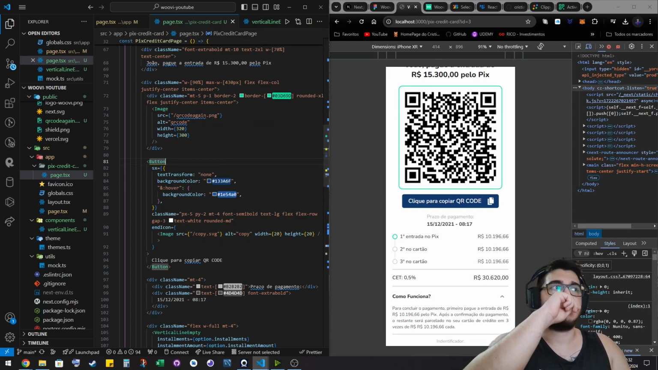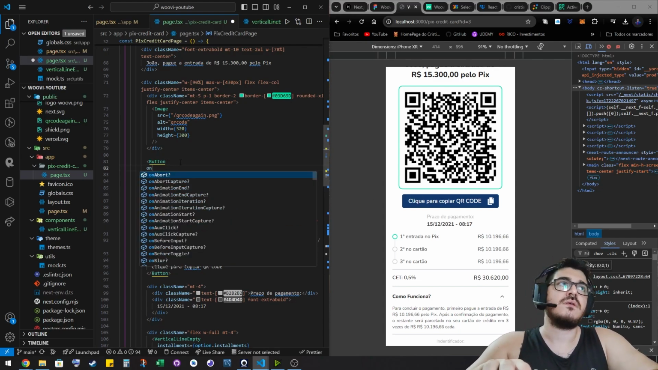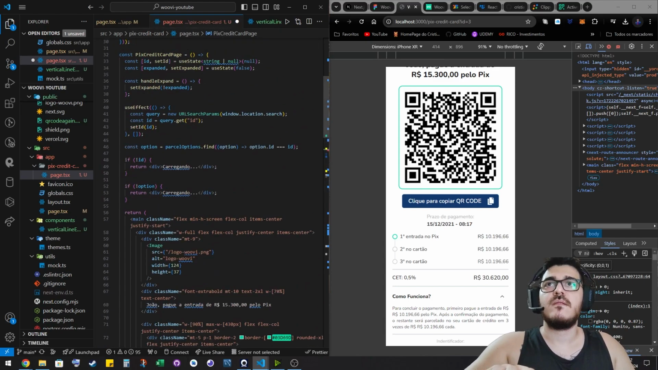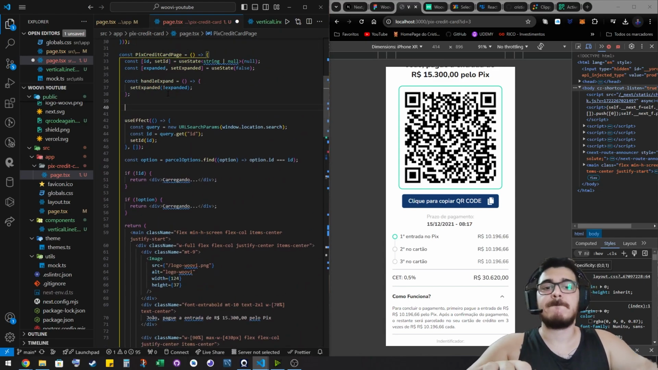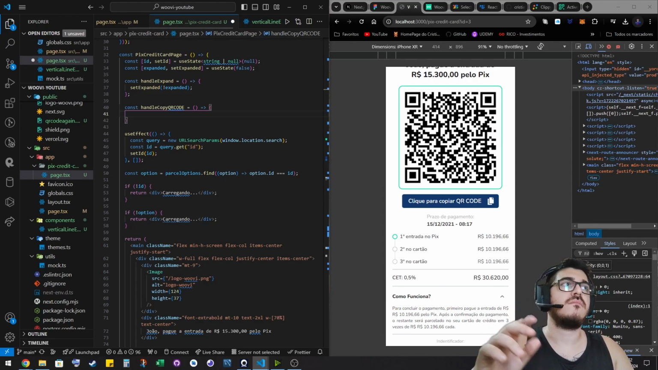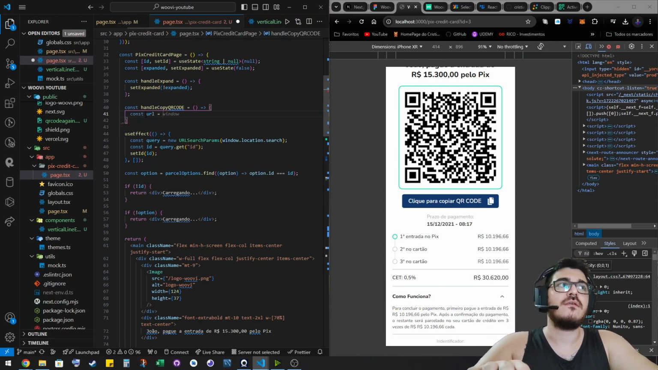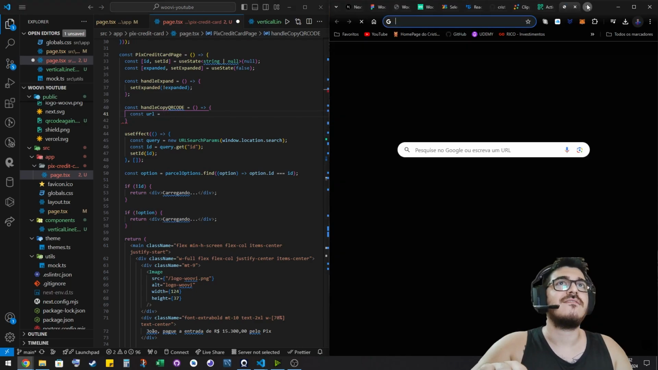So, let me see. Okay, let's just do a function on click. I'm going to do a handleCopyQRCode, and then const, because I want to copy. So I'm going to get the URL for that. I don't know which one should I do, like my YouTube website. Yeah, why not? So YouTube,